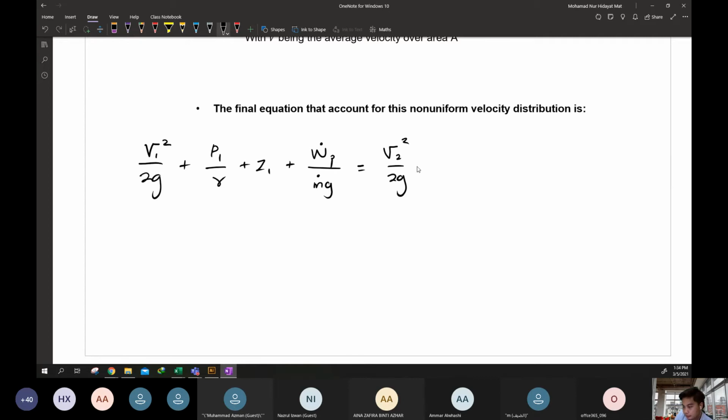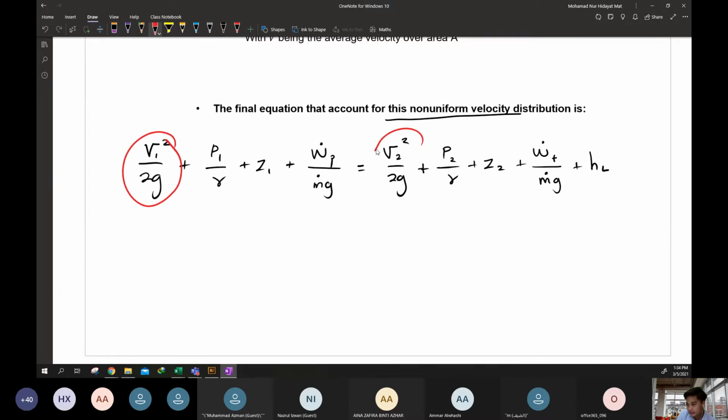This is the final version for the energy equation. This is work of the turbine and plus heat loss. Okay, when we deal with the final energy equation for this non-uniform velocity, we should alter